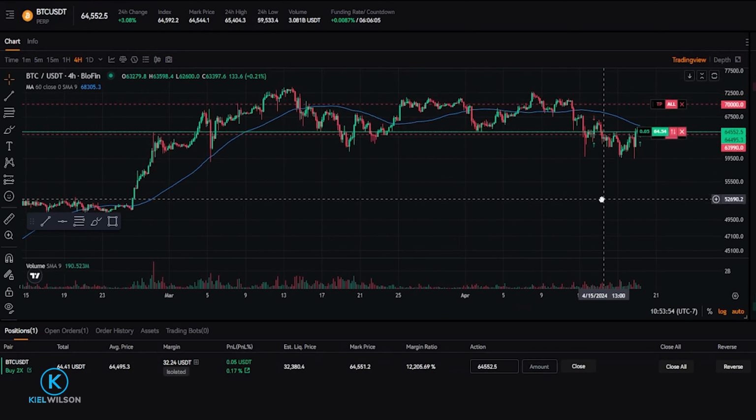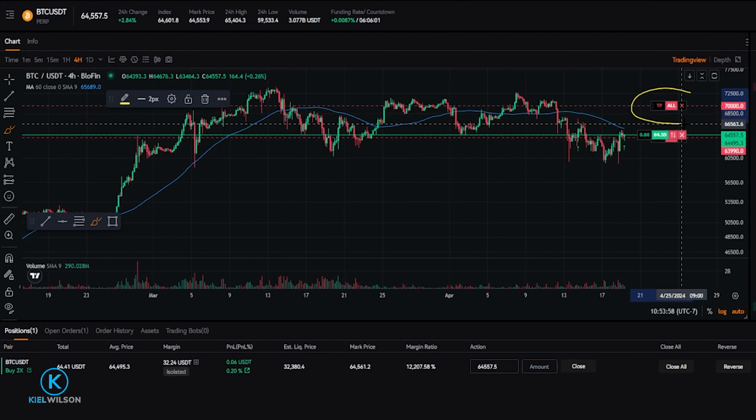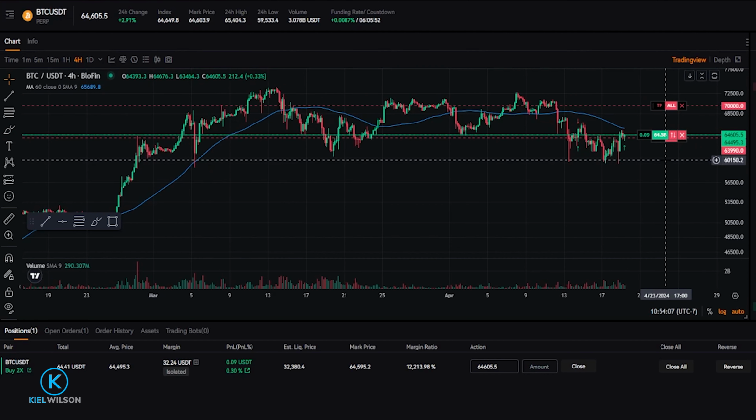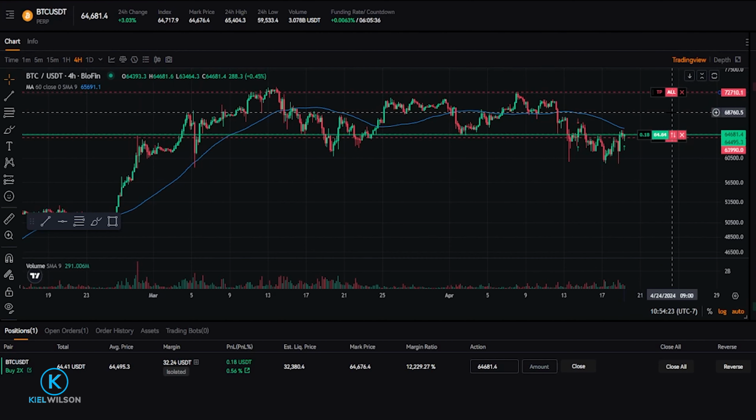If we come up here to the chart, we can actually see it on the chart itself. You can see my take profit right here, and my stop loss is right here below the position size. I'll also point out that you can amend these by simply grabbing onto the box. So let's imagine I wanted to move my take profit level up a little bit. I can grab onto the box like this with a left click, and then I can drag it. So let's just imagine I want to drag it up to here like so. Let go of the left click button. And as you can see, I just amended that take profit up to